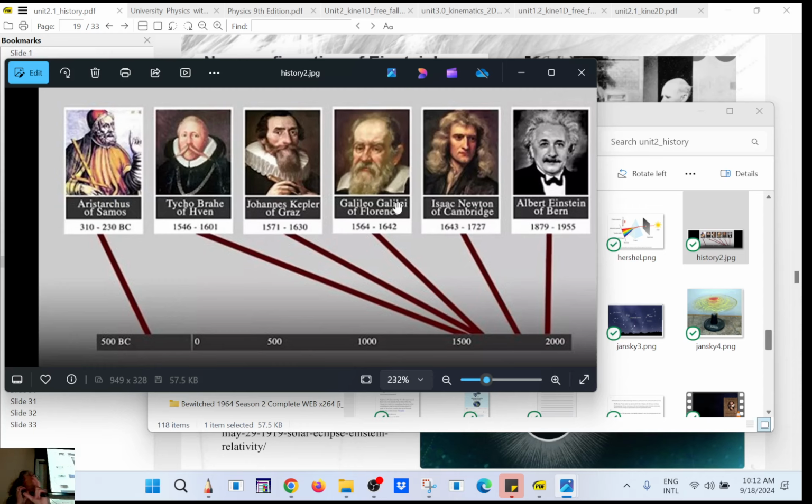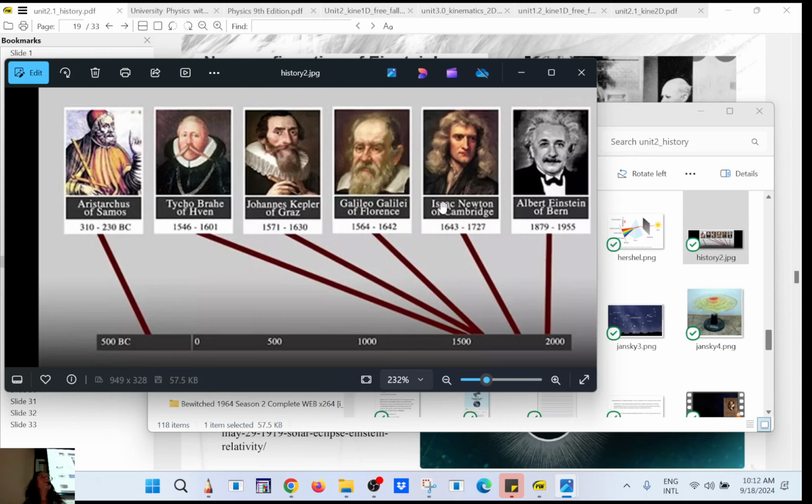He came up with the first refracting telescope, so two lenses, right? And actually, he didn't give credit where credit belonged. It was an optician from Holland who made it for the first time, but he improved it. And he got tenure because he sold his invention to the Prince of Venice. And then came Isaac Newton.